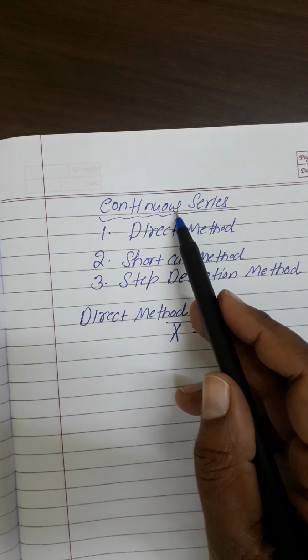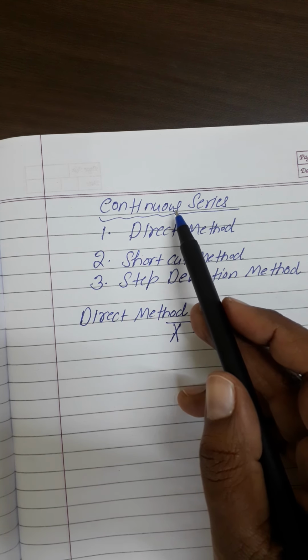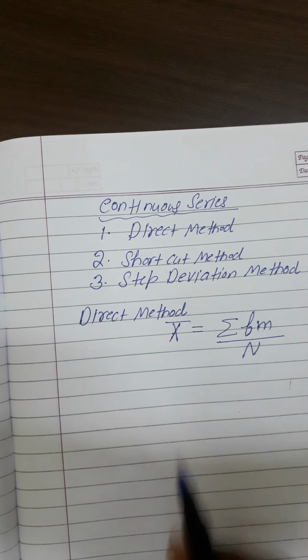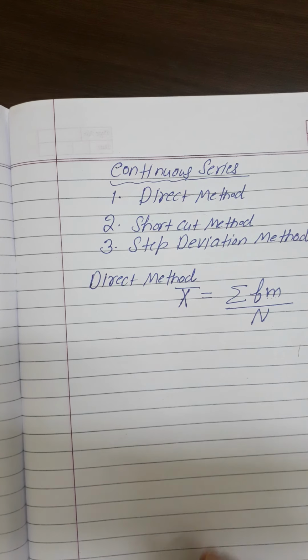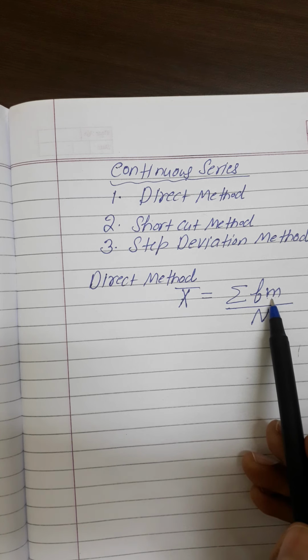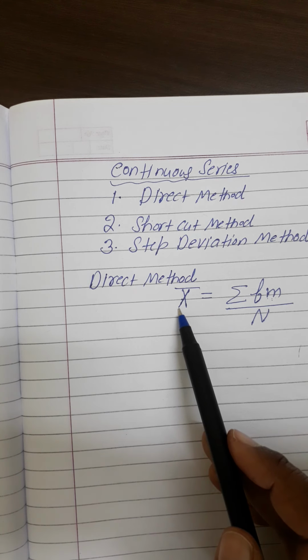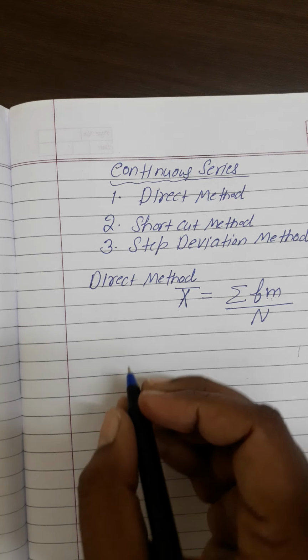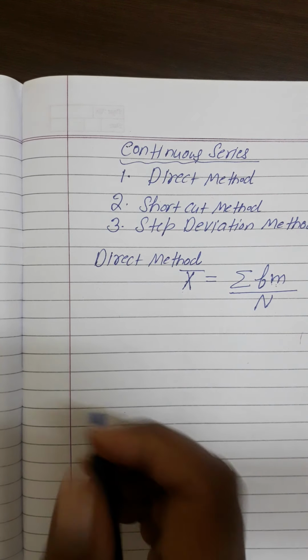कंटिन्यूस सीरीज में हमें पता है कि हमें x की वैल्यू क्लास में दी होती है, क्लास इंटरवल में दी होती है, और हमें फ्रीक्वेंसी भी दी होती है। तो क्लास इंटरवल के मिड पॉइंट को हमें अर्थमेटिक मीन की कैलकुलेशन के लिए यूज़ करना होता है। इसे हम एक एग्जाम्पल से समझेंगे।